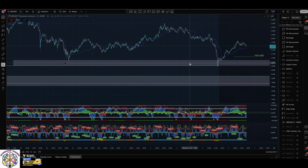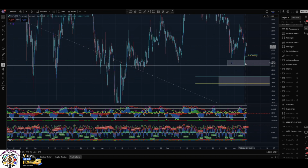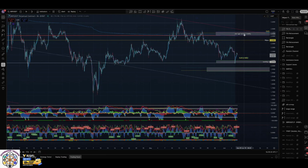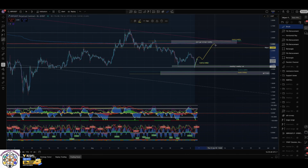But yeah, I do think XRP does have a high probability to hold this value area low and make a bigger move to the upside, at least up to 241 to 245. But if we break that, what we would really want to see on XRP is if we're going to start to impulse up out of here, maybe a break through this point of control this time